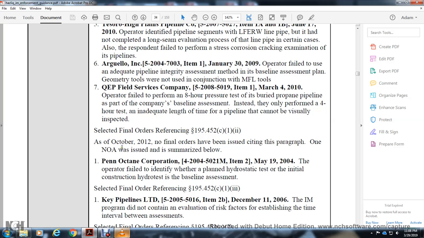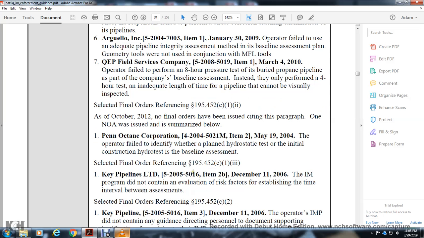In paragraph 1, a notice of probable violation (NOPV) was issued and is summarized below. Penn Octane Corporation, May 20, 2004. The operator failed to identify the plant and hydrostatic depth and initial construction hydro test in the baseline assessment. Selected final order reference